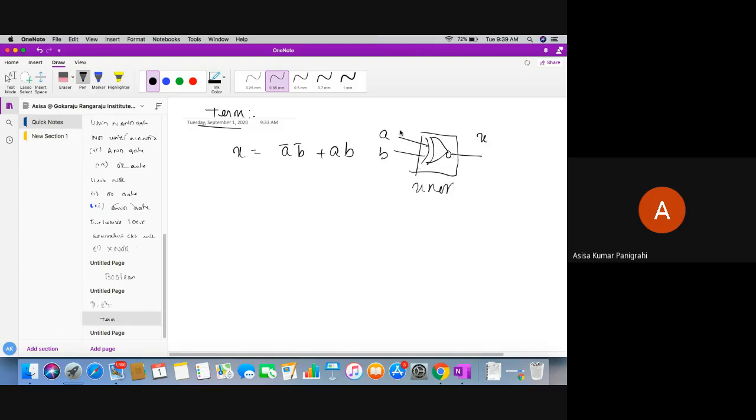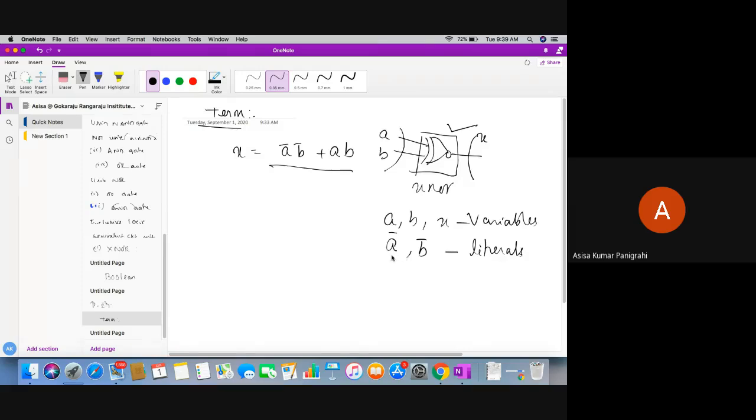So in the external world, what is there in the XNOR? This is A and this is B. So A, B and X are called variables, which represent the external world of the digital design. Now this A bar and B bar of this logic equation are called literals.